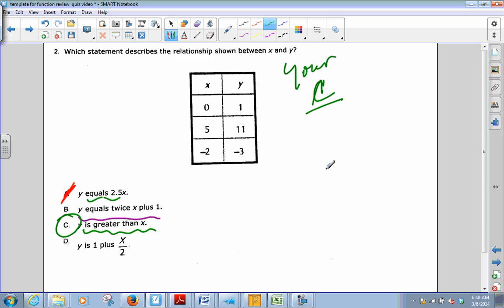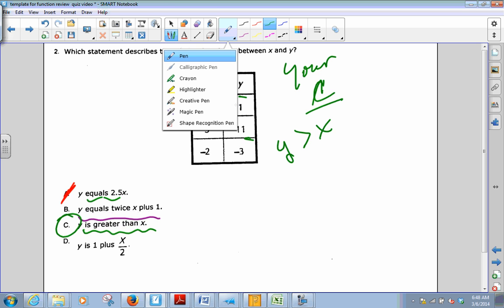So it says you can tell me why your answer is wrong. Okay, y is greater than x. So it's saying what is the relationship? Y is greater than x. So you could say, in this case, y is bigger than x. And here,